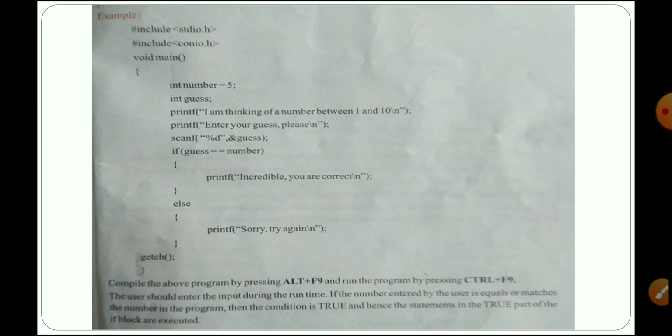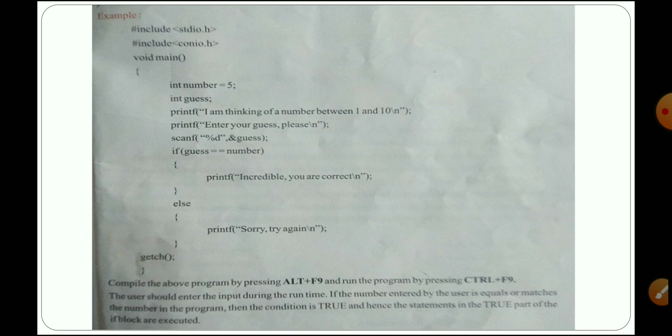So this is the example program for the if else statement in the C programming language. See, in between, they have used the if else statement. Next, how to compile: in the last paragraph we see how to compile the above program. To compile a program I use the shortcut Alt plus F9. After typing this program we have to save the file with the name dot C, because this is a C programming language.